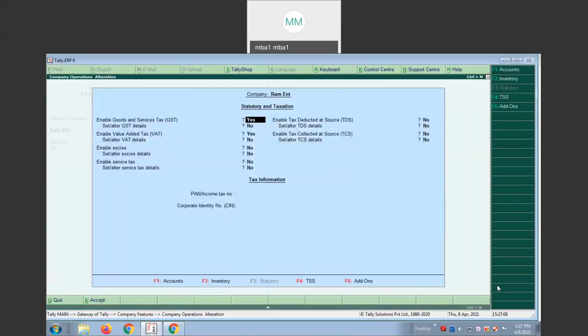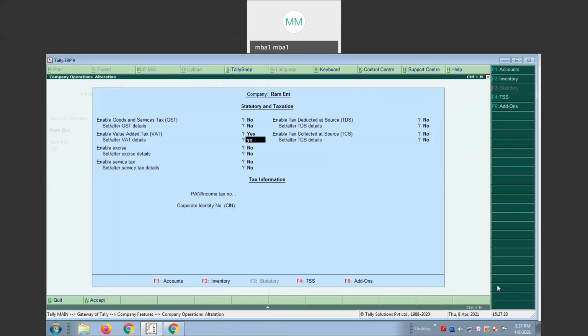Select that. Here GST is already enabled, but GST is not required now. So click on N. N means no, automatically it will take no. And value added tax is already enabled, but set or alter value added tax details.